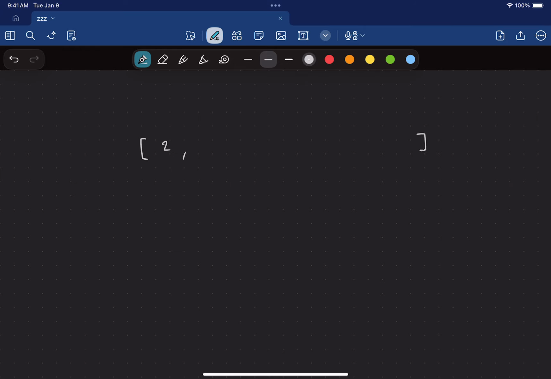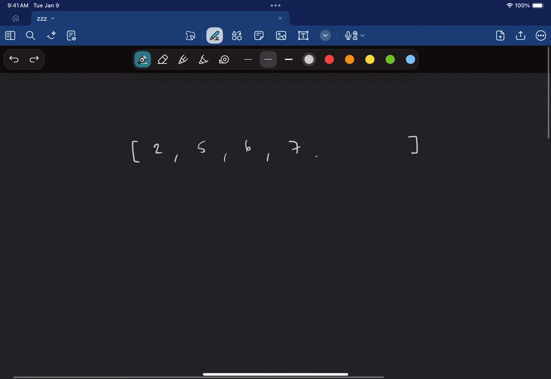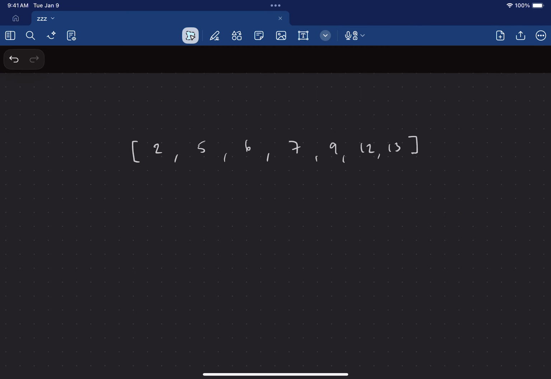So you've got 2, 5, 6, 7, maybe we'll say 9, 12, and 13. I just want this to be big enough to do a couple iterations of the search. We won't do the whole thing. But here's the core of it: if we have sorted data,